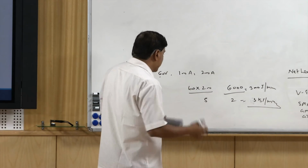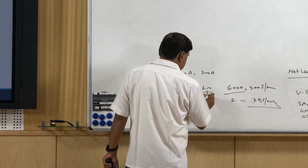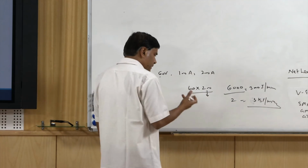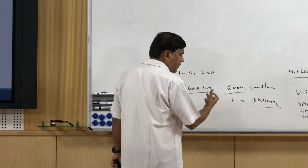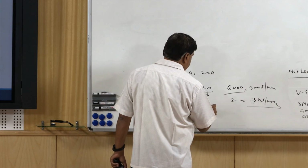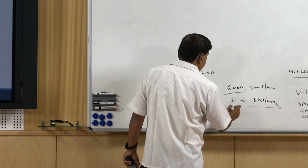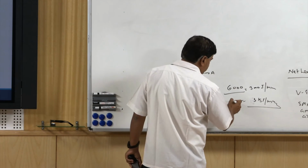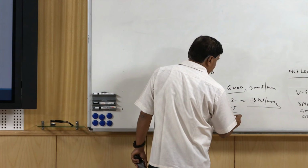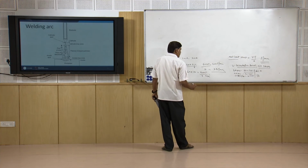So, if we require lesser heat input, then what we will primarily be doing will be reducing the current, because arc voltage is normally fixed as per the requirement to have this stable arc. So, for the lower heat input we may use 150 ampere current, which will again adjust the heat being delivered, and if we increase the speed from 2 mm per second to say 3 mm per second, then it will reduce